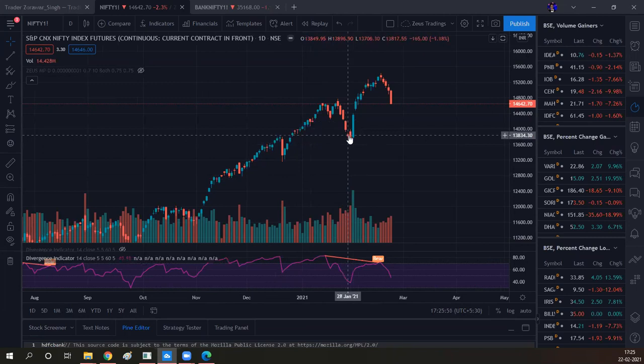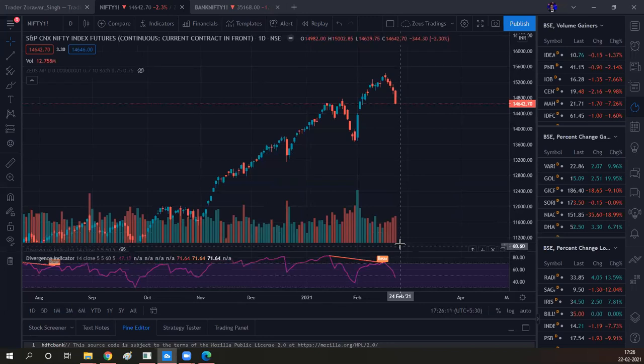Now, I remember at this point that whole budget rally nonsense happened, and again this bull run started, and I was really frustrated about why this is happening because this is baseless. So the market tried to make some peaks. It made some peaks with lower and lower volumes, but clearly you will see here the divergence value is